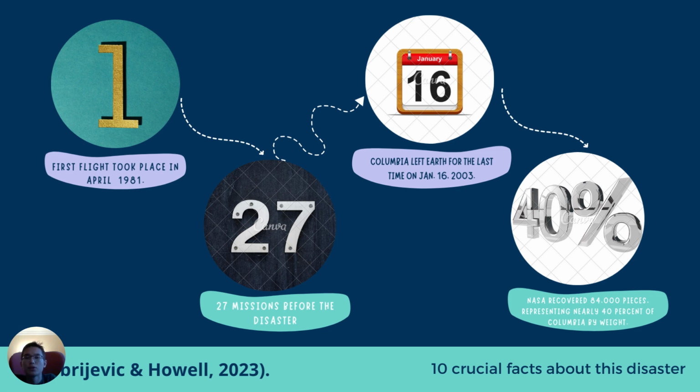After the disaster, NASA gathered a lot of debris of this Columbia shuttle, and they collected 84,000 pieces, which is equal to 40% of the Columbia shuttle's weight,